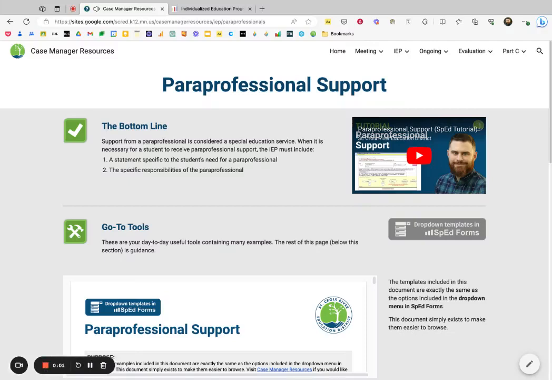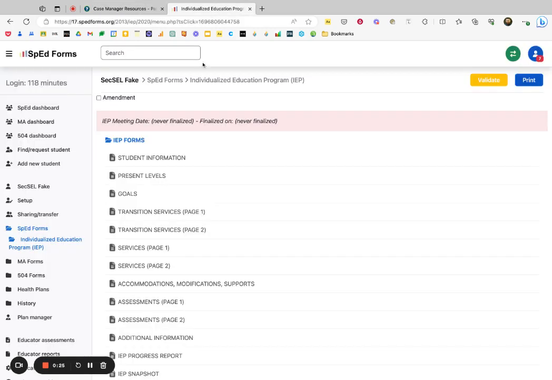So when it comes to adding paraprofessional support to the IEP, the bottom line is that we need to include a statement about why the student needs a paraprofessional and then the specific responsibilities of that paraprofessional, including how often they're going to work with the student, where they're working with the student, what type of support they're providing, etc. We'll get into that. I'm going to model in a second here what it looks like to actually add this